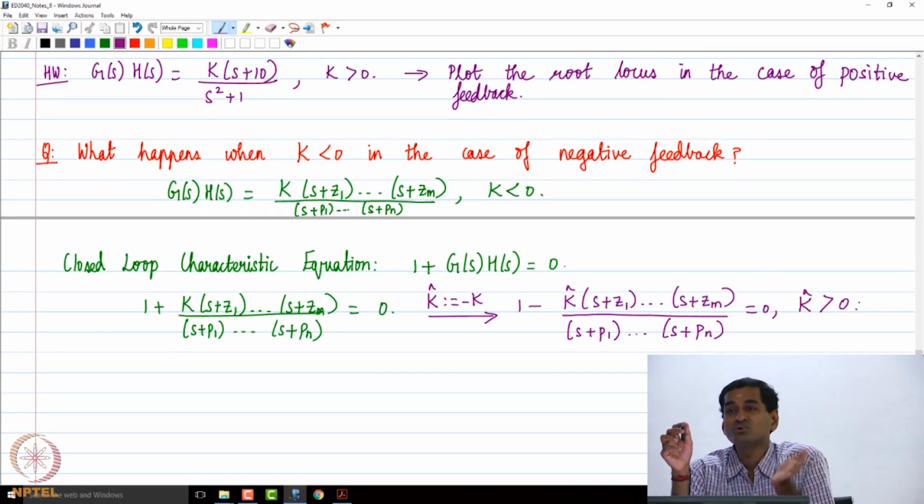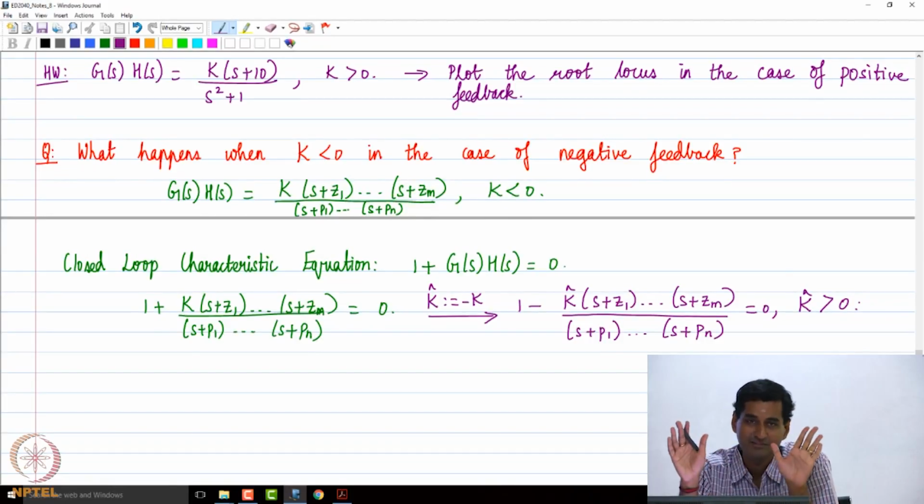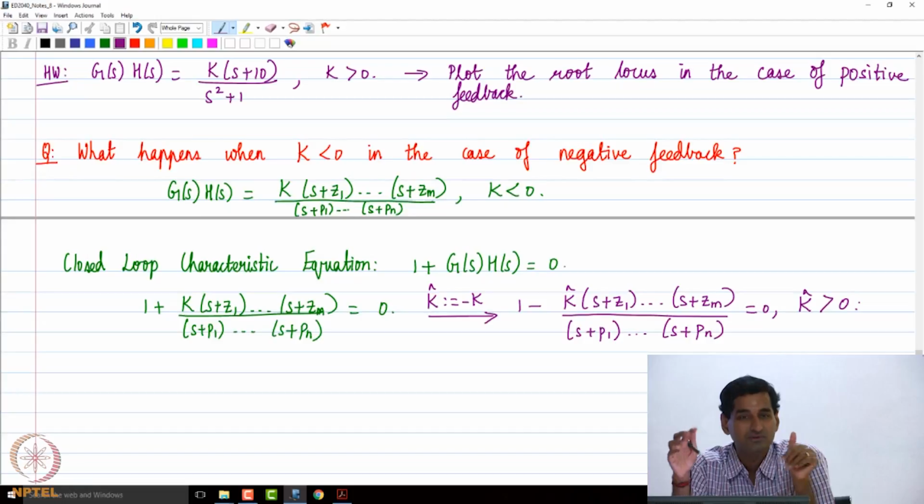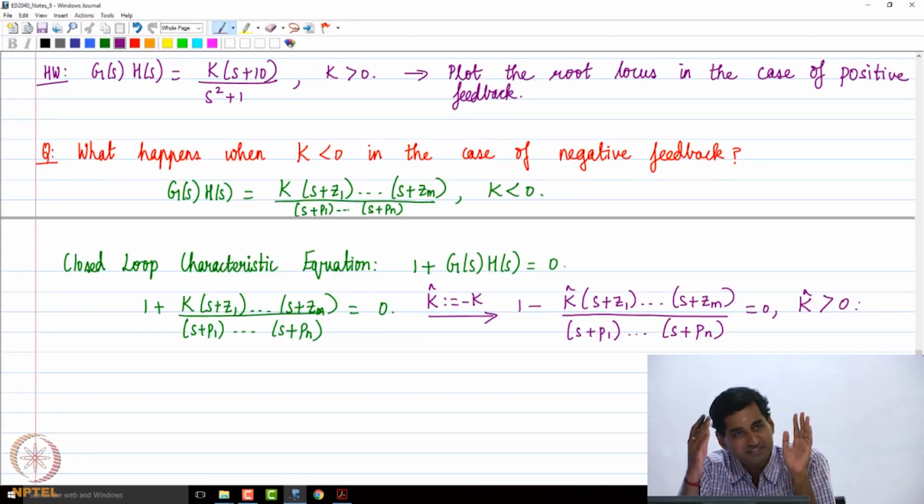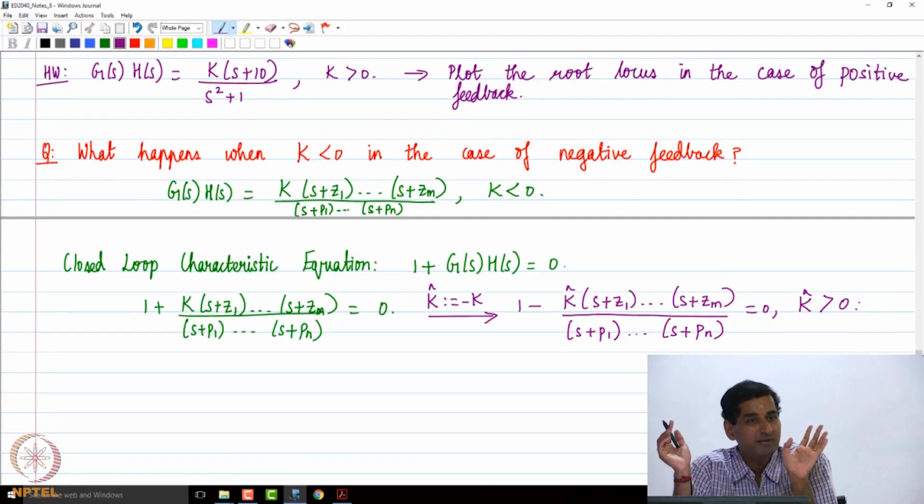See, this looks like a closed loop characteristic equation of a pseudo positive feedback system with a positive parameter k hat. Okay, physically the original system is negative feedback, but this is basically a pseudo positive feedback system with a positive gain k hat. You follow the same steps that we learned today in the case of positive feedback and positive gain. You repeat the same steps, determine the answers for k hat, then your root locus will be the same,